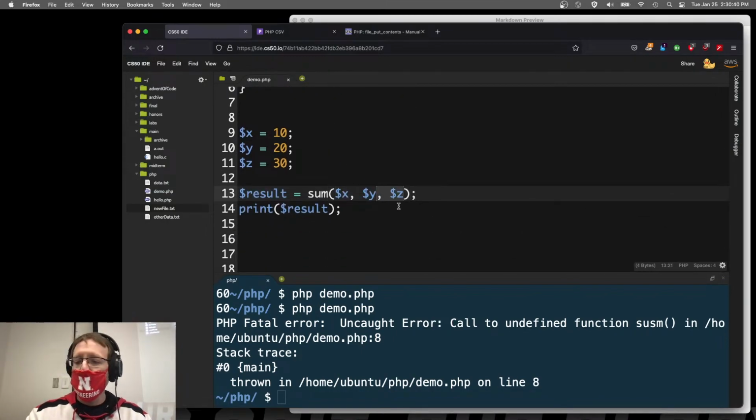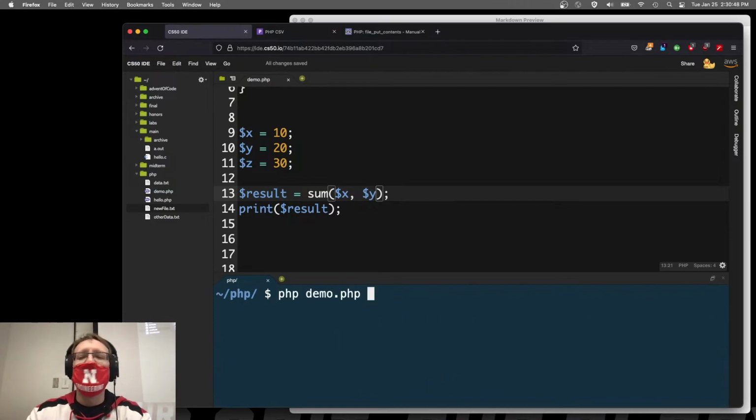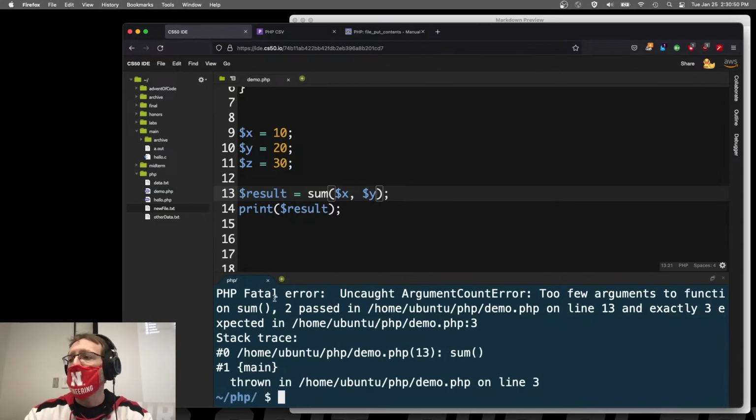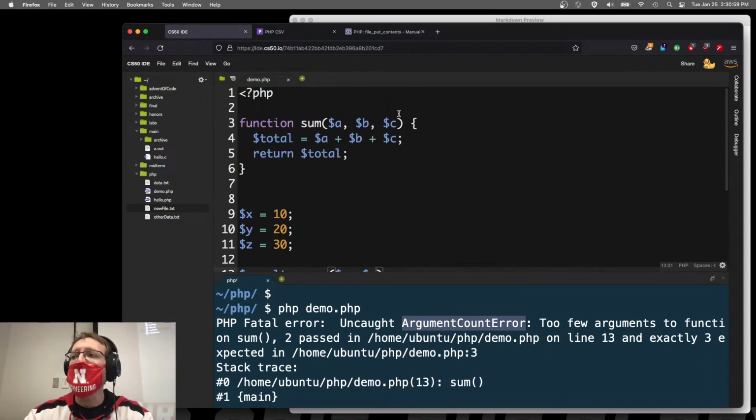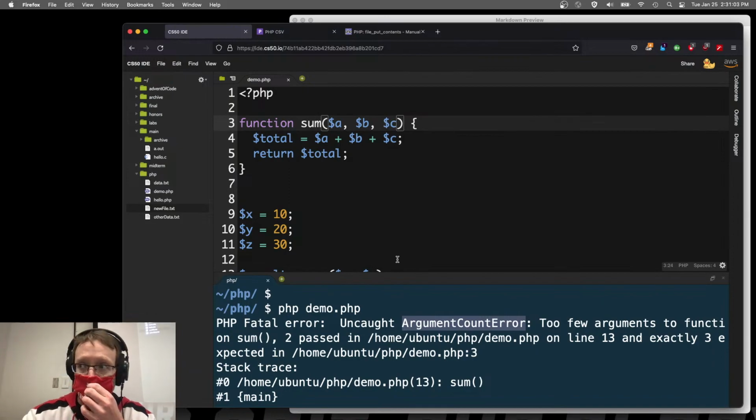Oops, I forgot. How many arguments does sum take? 3. What if I give it 2? Oh, now it's a fatal error. ArgumentCountError. Too few arguments to this function. Pass 2. Right? That didn't used to be the case in PHP. It used to be that, in fact I could probably update this mode, to like old school PHP,